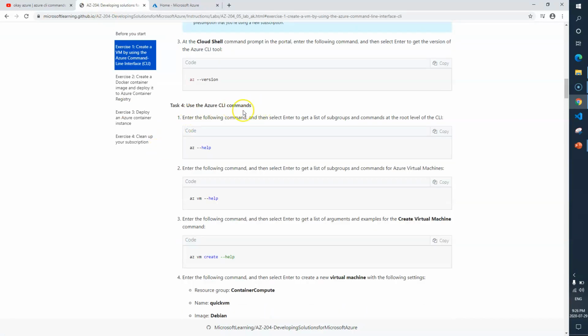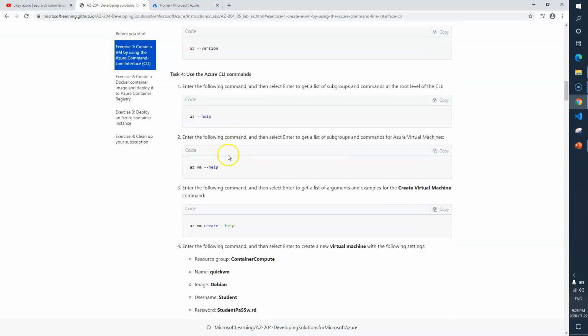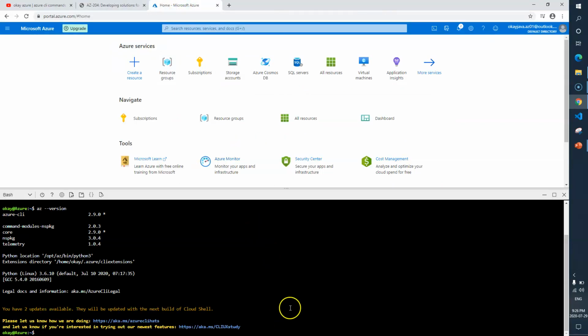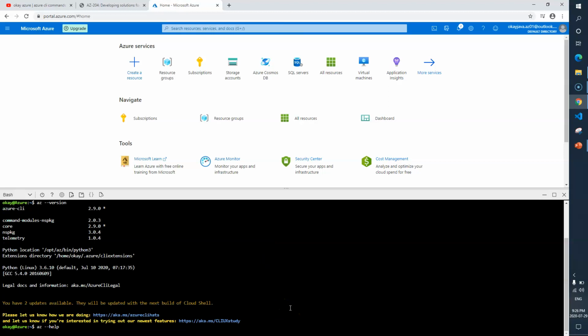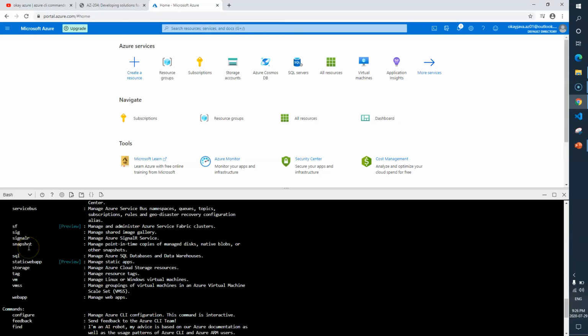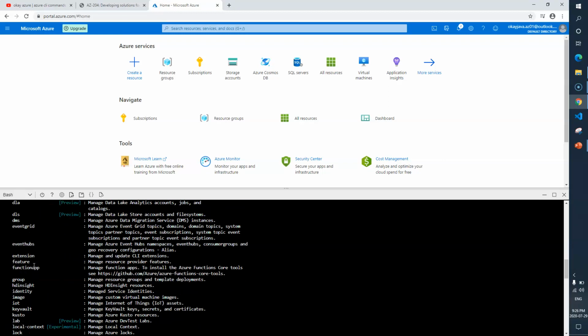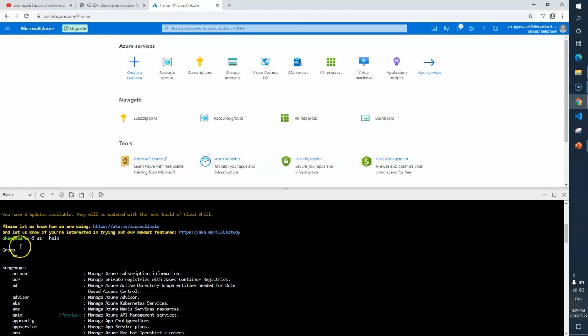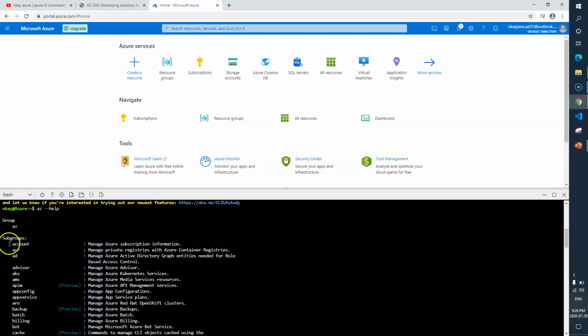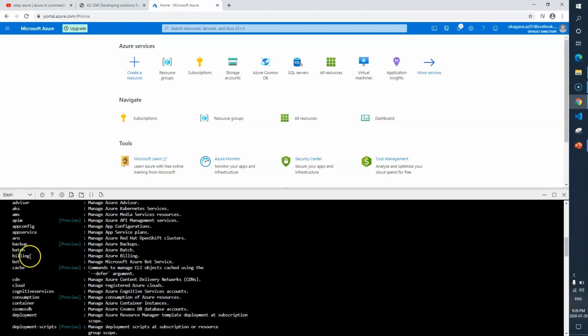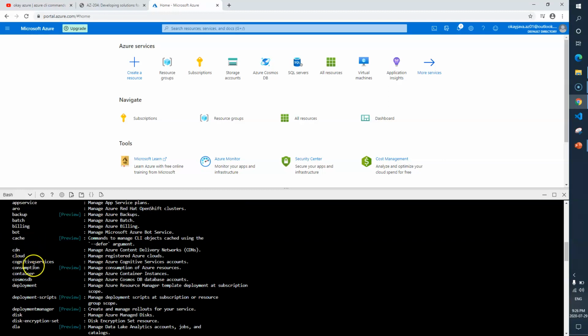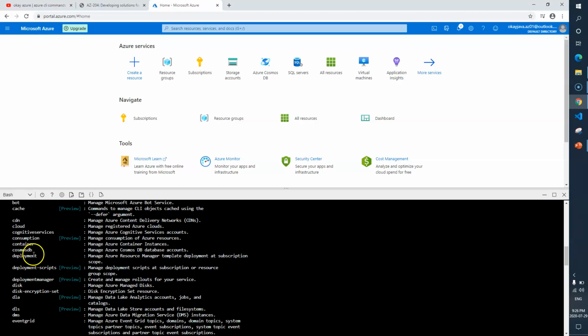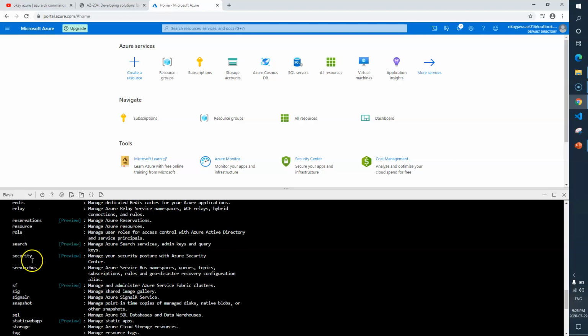Next is use the Azure CLI commands help, VM help. Okay, so it says first you go and try az --help. So you will get so many options, right? Here you can find out whatever you can do with the Azure CLI. You can go and create so many things. Subgroups, it says you can go and create account, APIM, batch, billing, cache, container, Cosmos DB, so many things you can do, right?